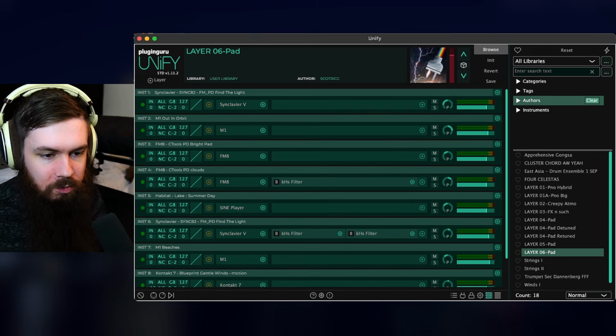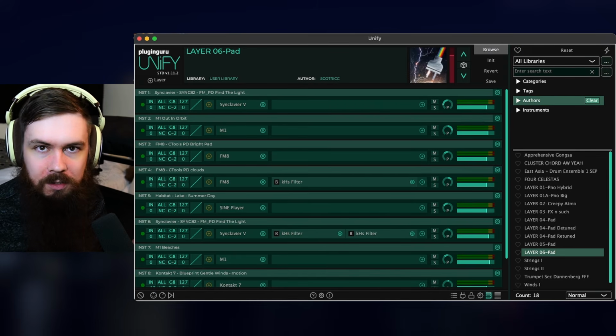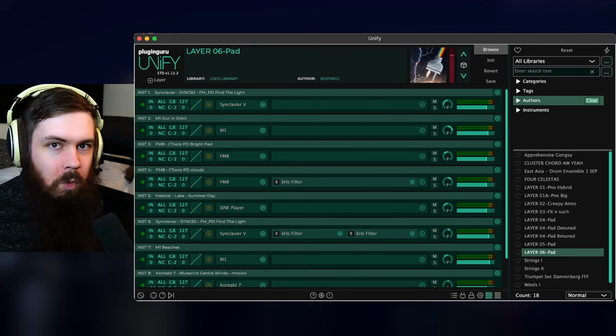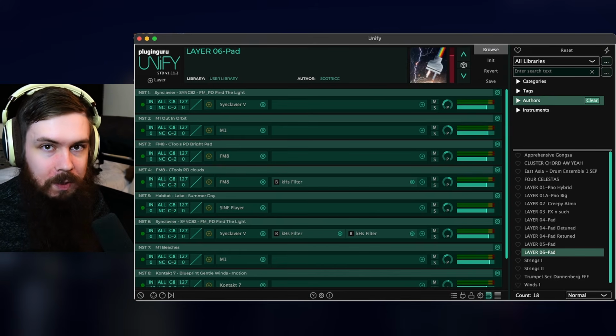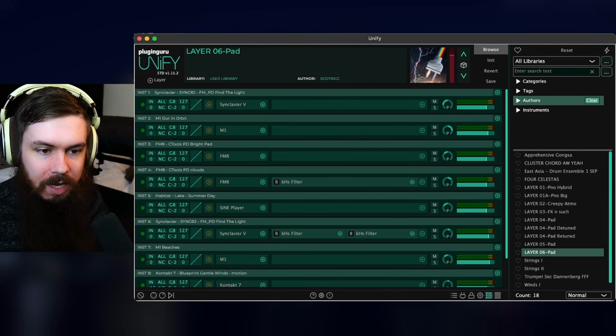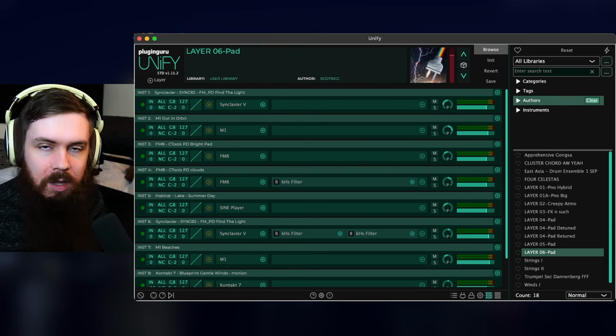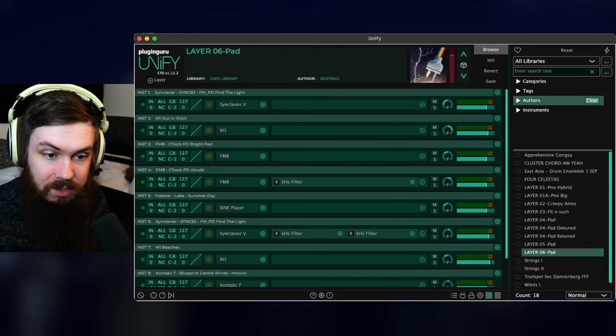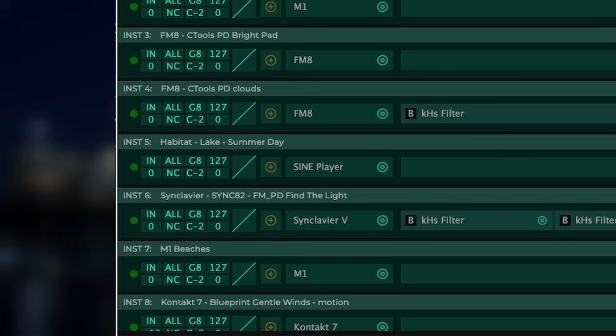Now for this, I'm using Unify. It's a plugin that lets you combine your virtual instruments and effects together. It's not required for you to do your own layering because you could just do it inside your DAW, whatever DAW you're using. I just like using it because with Unify, I can not only put layers together, but I can also save all of the settings in each individual layer as a preset, and if I wanted to mix and match them with other layers and make other different sounds, then I could do that much more easily than if I were to set that all up in a DAW individually. You can save things like FX chains and MIDI changes, but this isn't a video about Unify per se, so